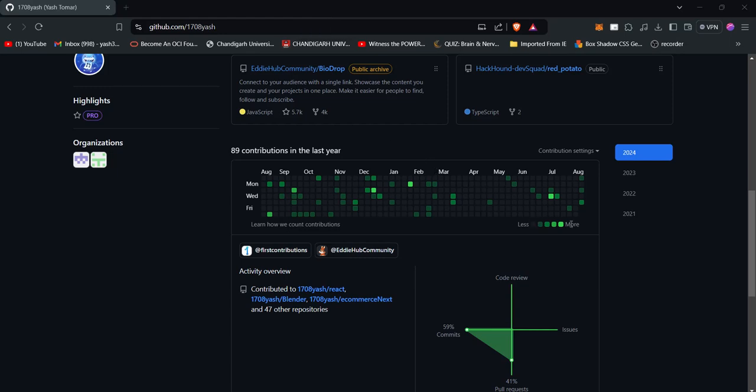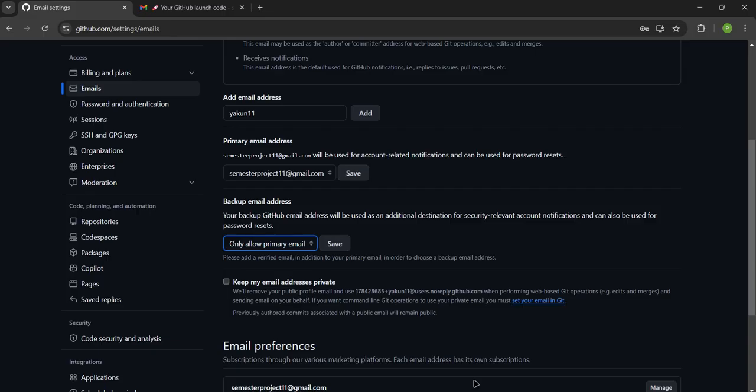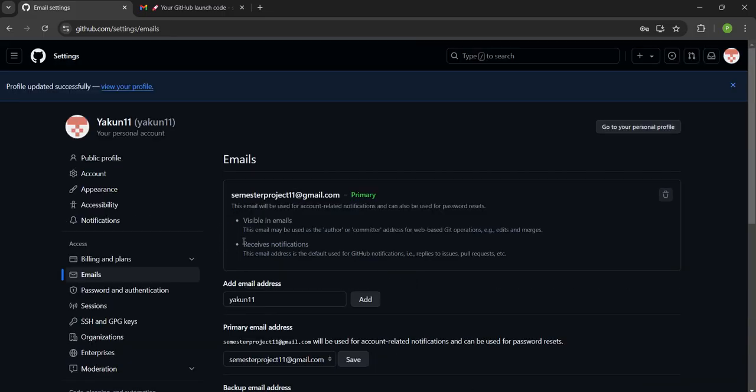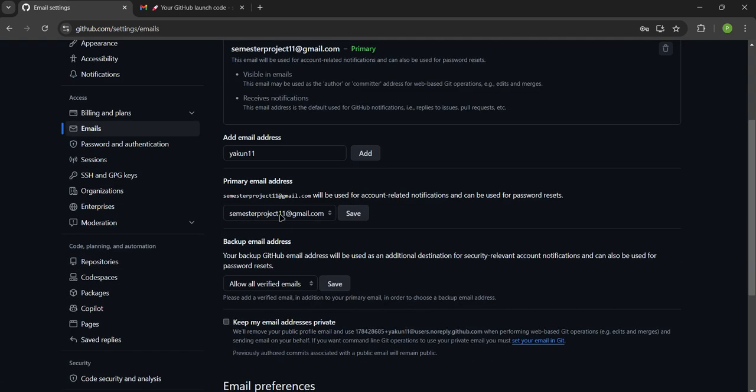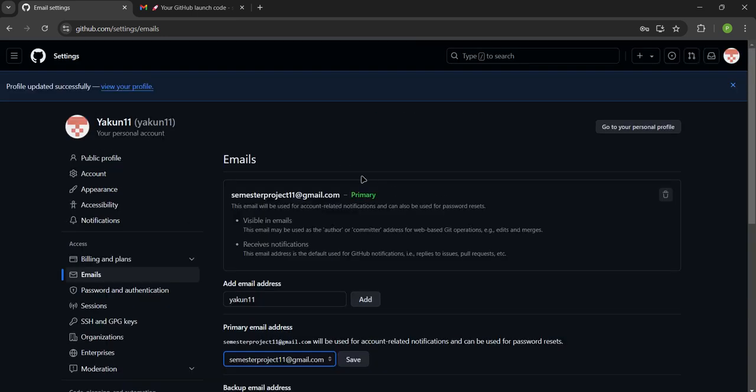If you are facing a problem where you're committing on Git and pushing your code over to GitHub, but still this green area is not showing any changes or saying you have contributions here, what you can do is go to your account, go to emails, change this to the primary email,